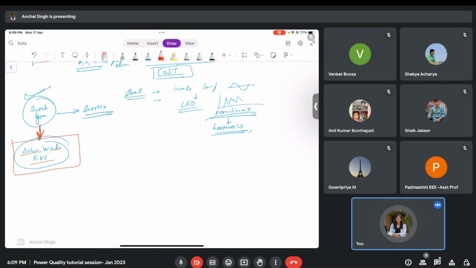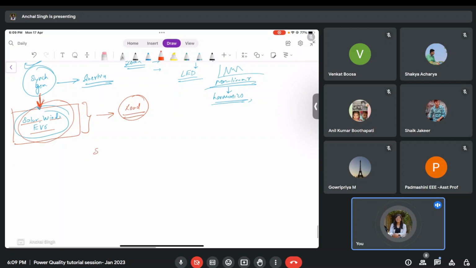So because of the change in the nature of load, as well as the nature of source, both things are changing. There is a simple source-load system. You have a source, and that source gives electrical power supply to the load. Now we discussed that the nature of load has changed because of the front-end power electronics in all the equipment that we have. If you just take a look around your room or wherever you are sitting, you will see your laptop, a refrigerator, a CPU, a television, even the Bluetooth speaker. Everything has power electronics inside.